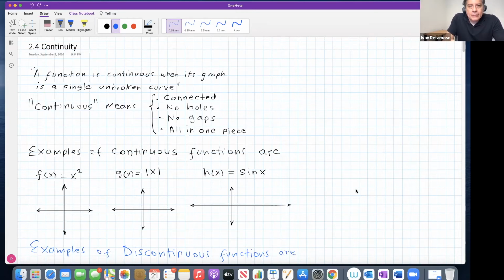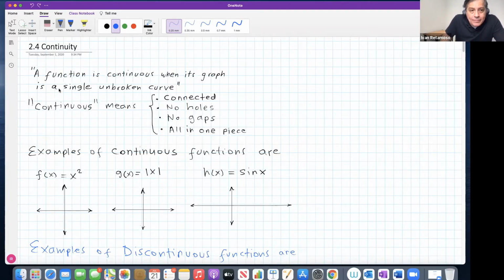Let's talk about section 2.4. It deals with continuity. And in order to introduce this concept of continuity, let me just tell you straight that a function is continuous